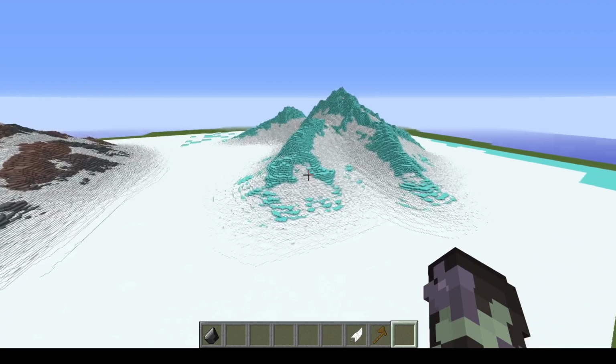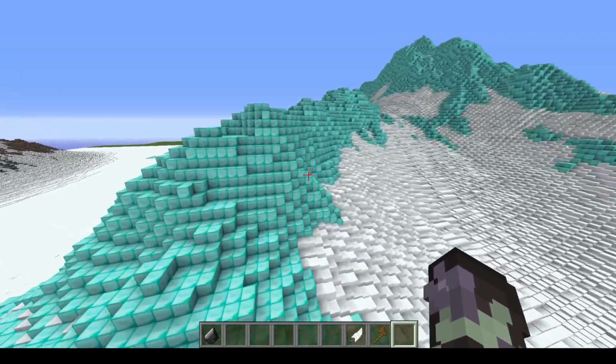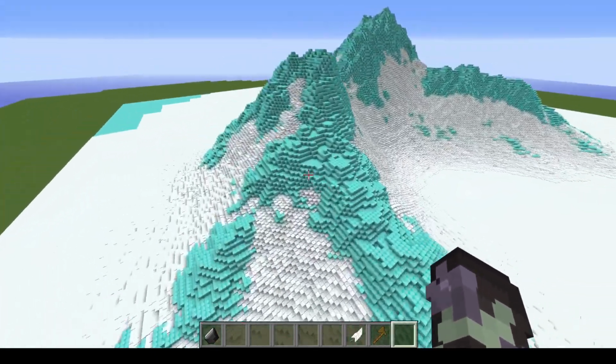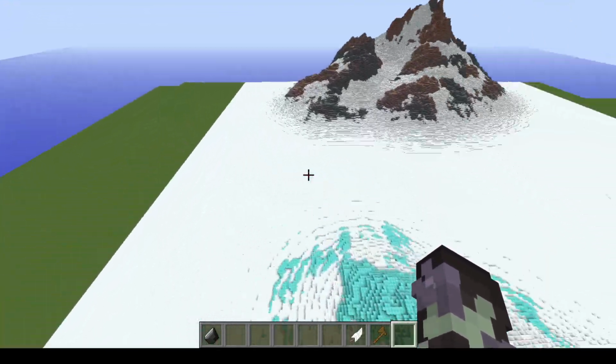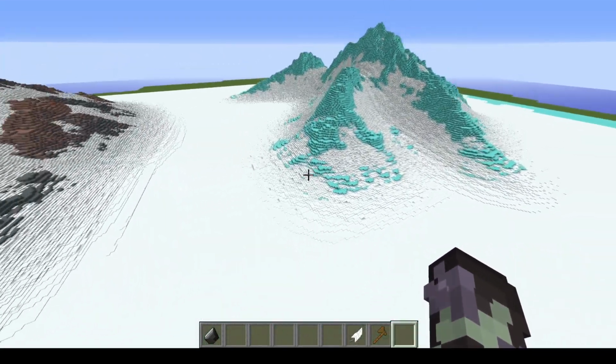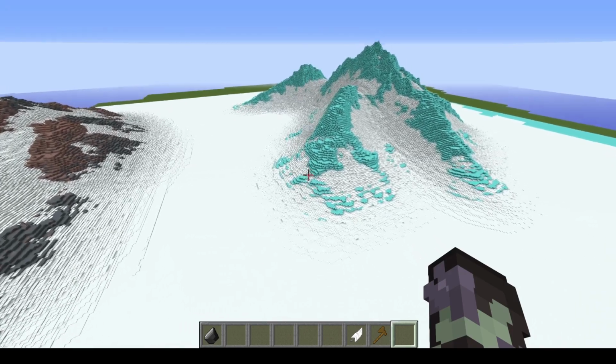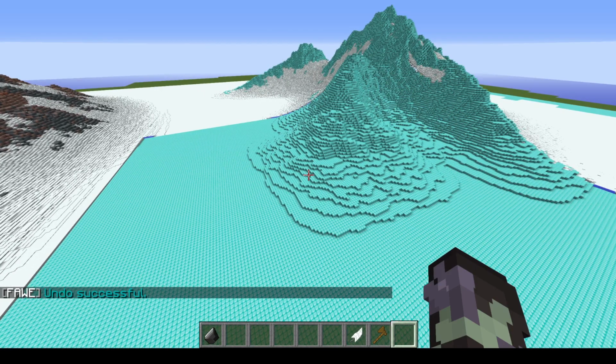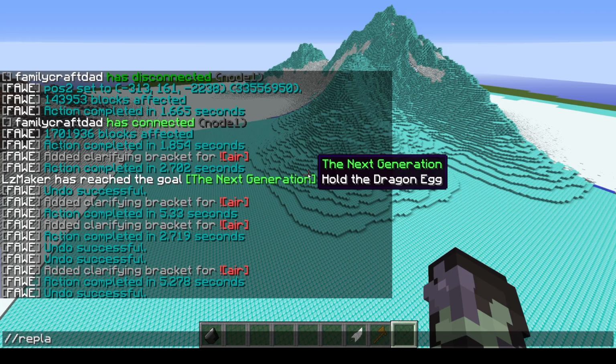But the thing is, I believe this command is only available for members on the Builder's Refuge server. Now, if you do not have access to this command, I will show you a method instead that probably doesn't work as well, but is still a great way of making mountains. So I'll undo this, and what you're going to want to type in is /replace, space, /[0D